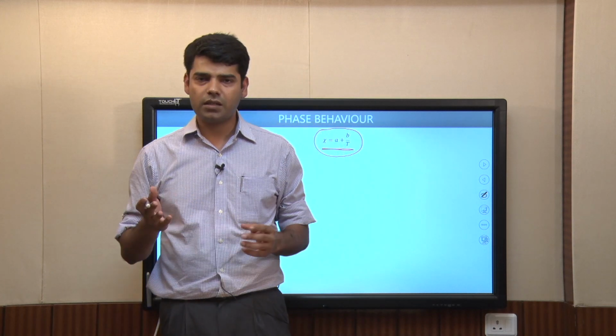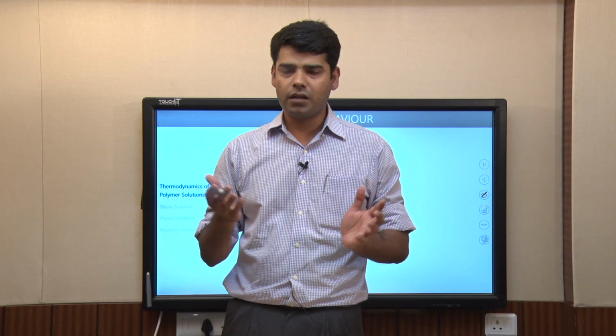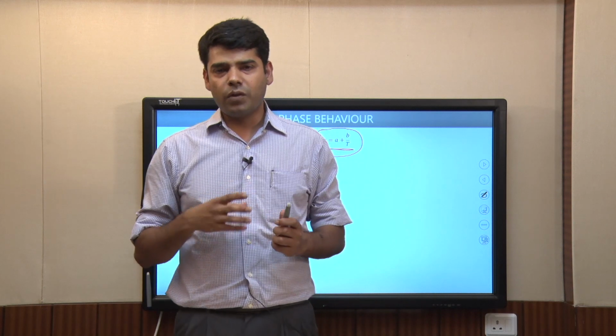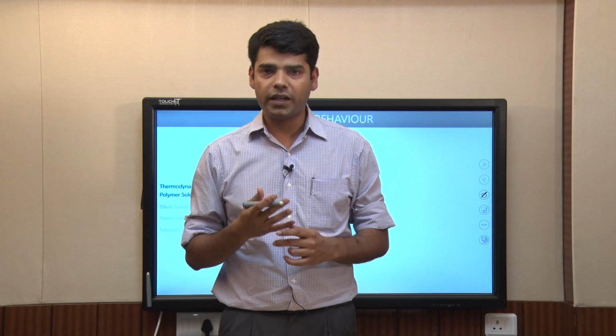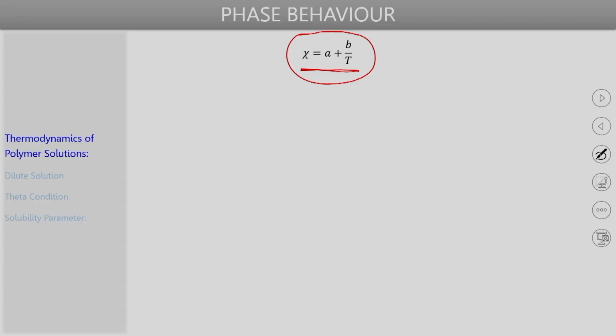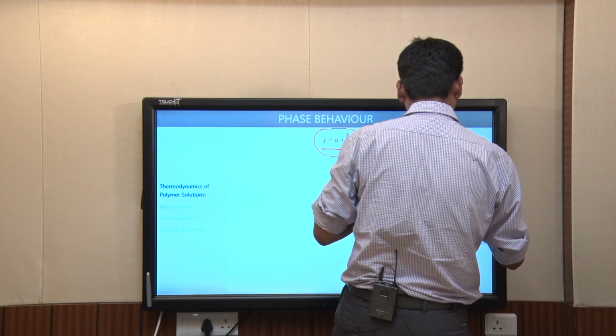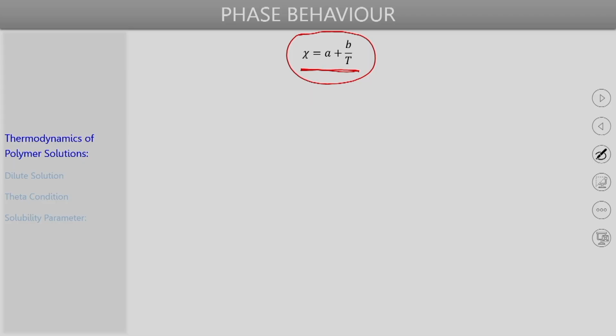So, in some cases temperature versus mole fraction graphs are drawn. For polymer solutions, it is more common to draw a temperature versus volume fraction kind of curve. That kind of curve is referred to as a phase diagram for polymer solutions. So, now we start with this chi parameter expression and we consider first this case where let us say this